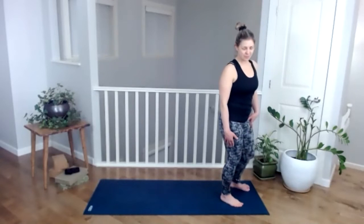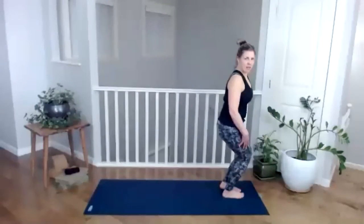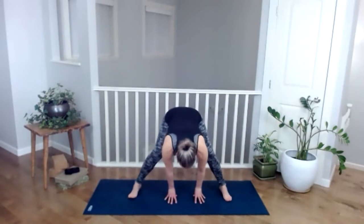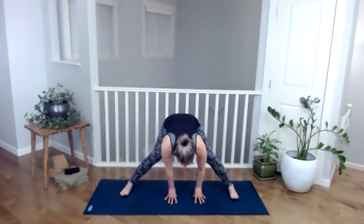Forward fold. Another version will be next. So at the top of the mat, step back with the right foot. Turn your toes all to face the front. Fold forward. Take your hands parallel with your feet. Now, you can heel toe your feet out. Having your feet wider